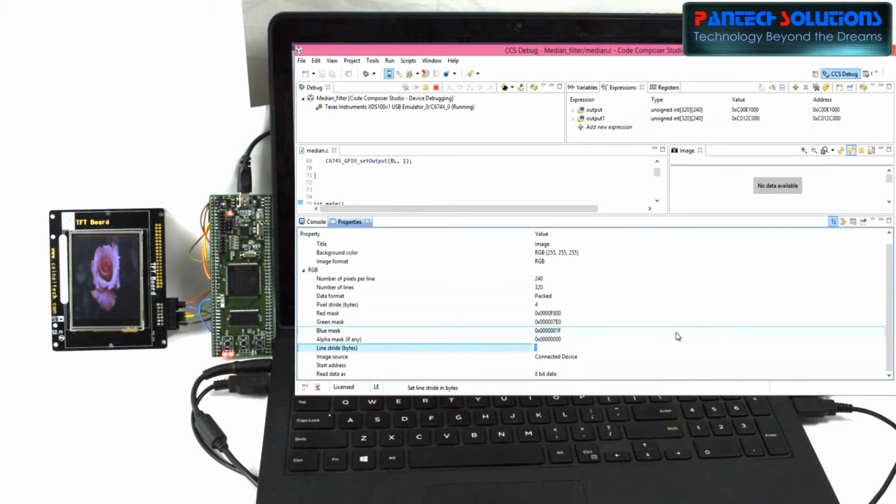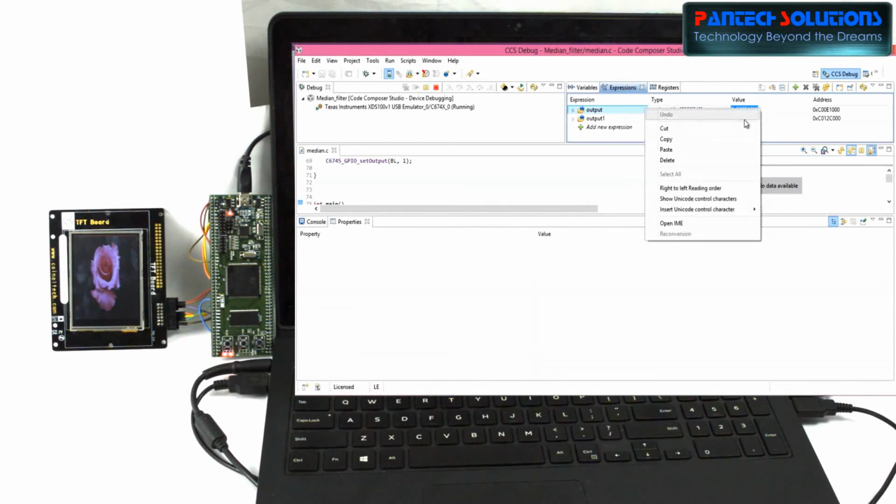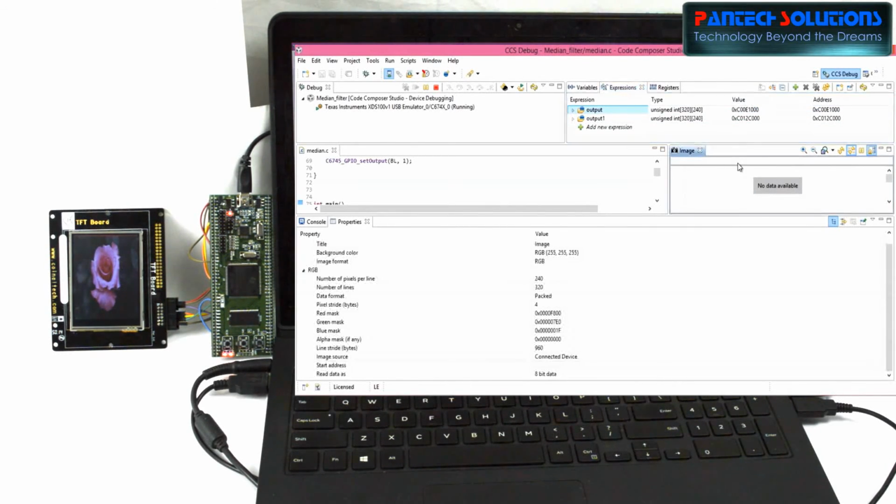Then we need a starting address. First we have to find where our input image is stored. Our input image is stored in the input variable, so correspondingly we have to find the starting address of this variable. The starting address is C00E1000.